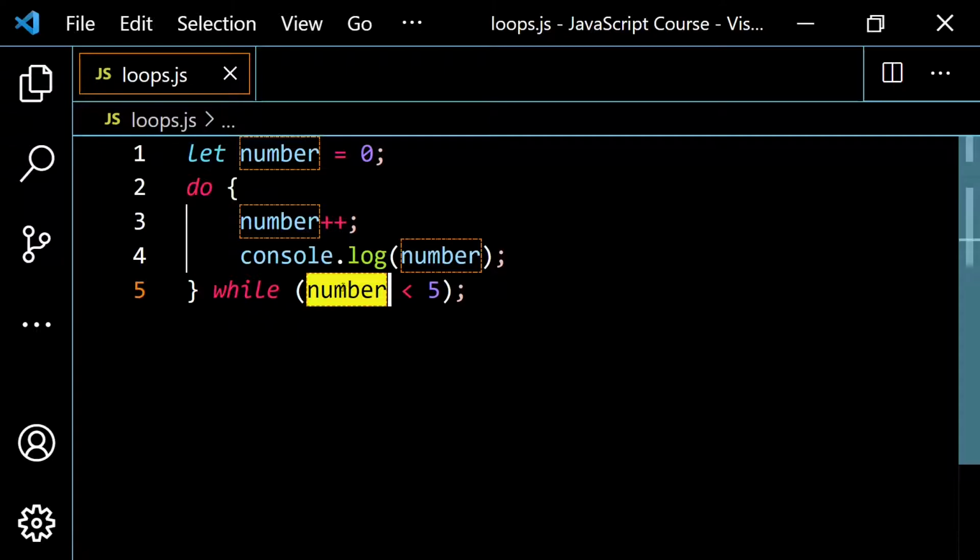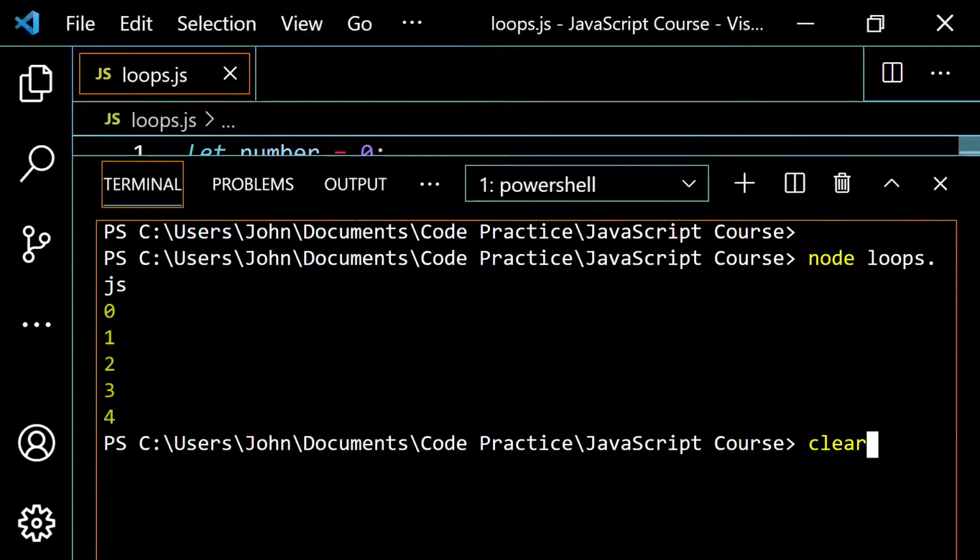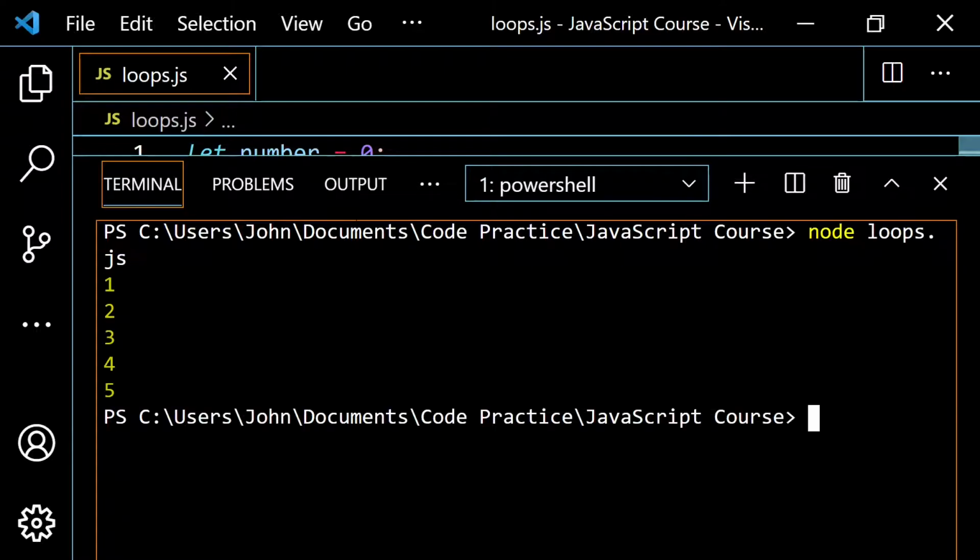Now, what happens is when you get to 4 here, okay, when this is 4, 4 is less than 5. That's true, so it's going to run again. When it comes through here, you'll increase that by 1. So when you console.log the number here, it's going to be 5. So instead of getting 0 through 4, because of where I placed this number plus plus, now you're going to get 1 through 5. So if I pop this back open and clear this and run this, we get 1